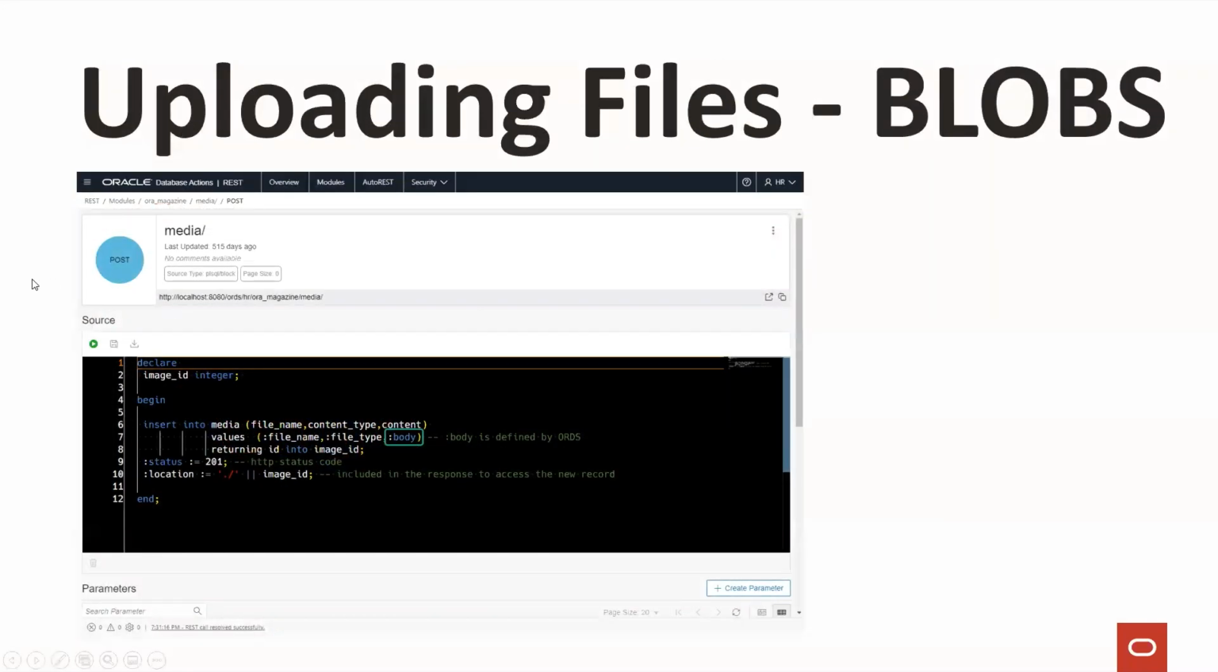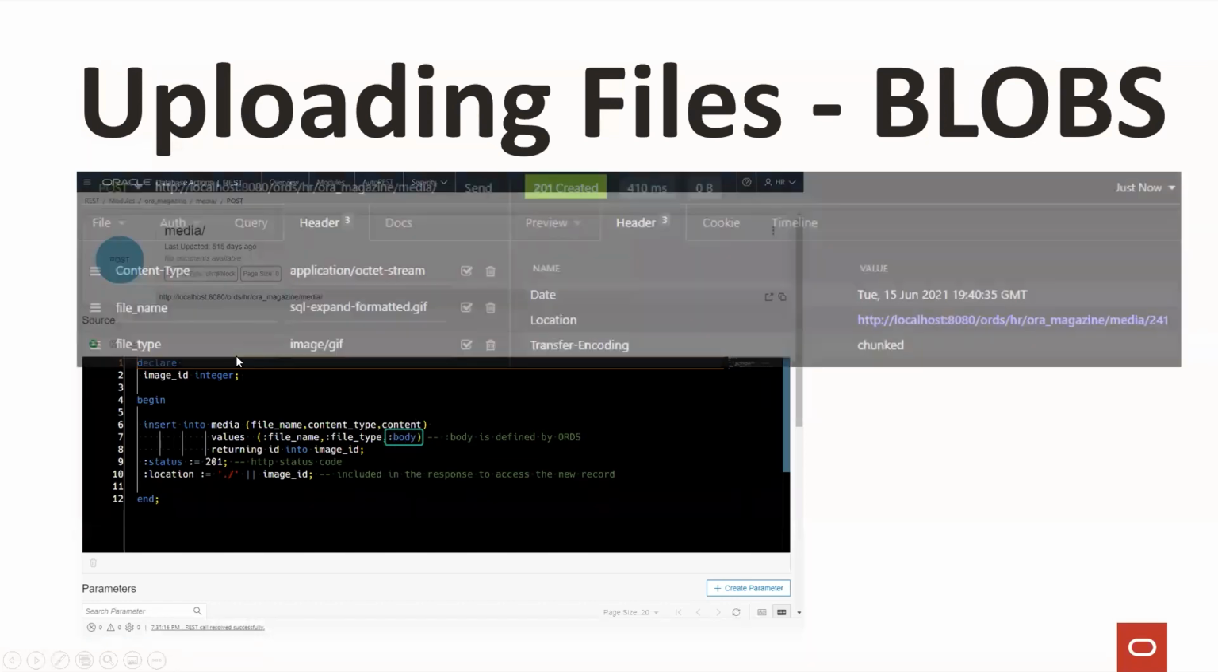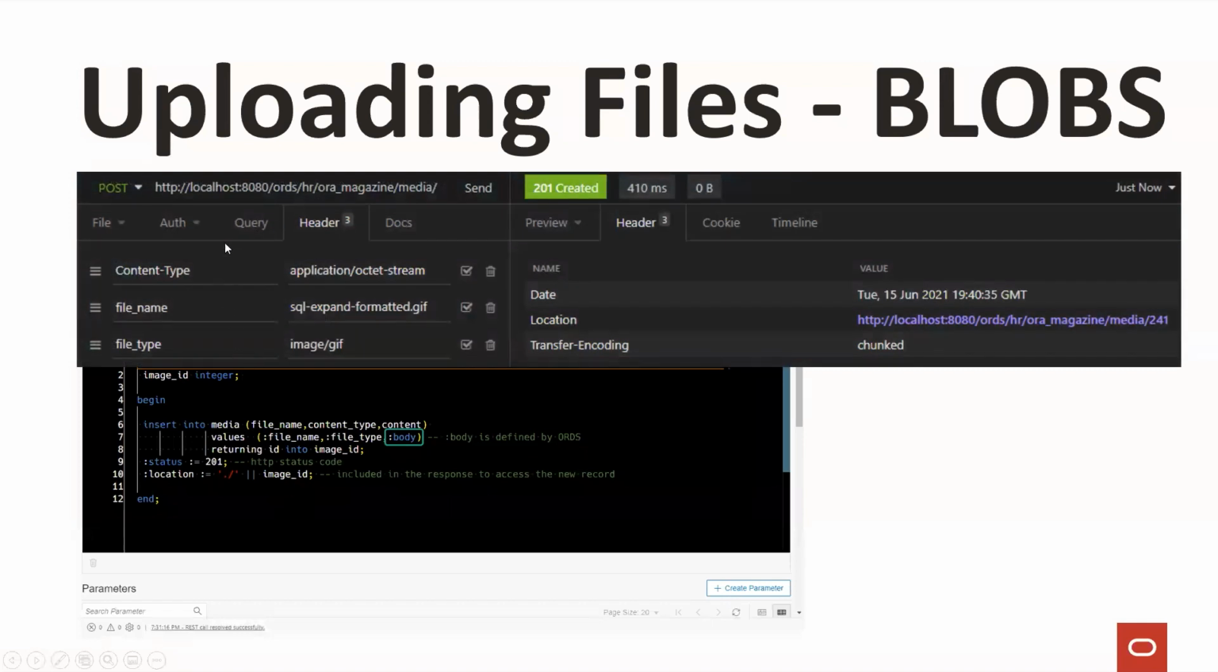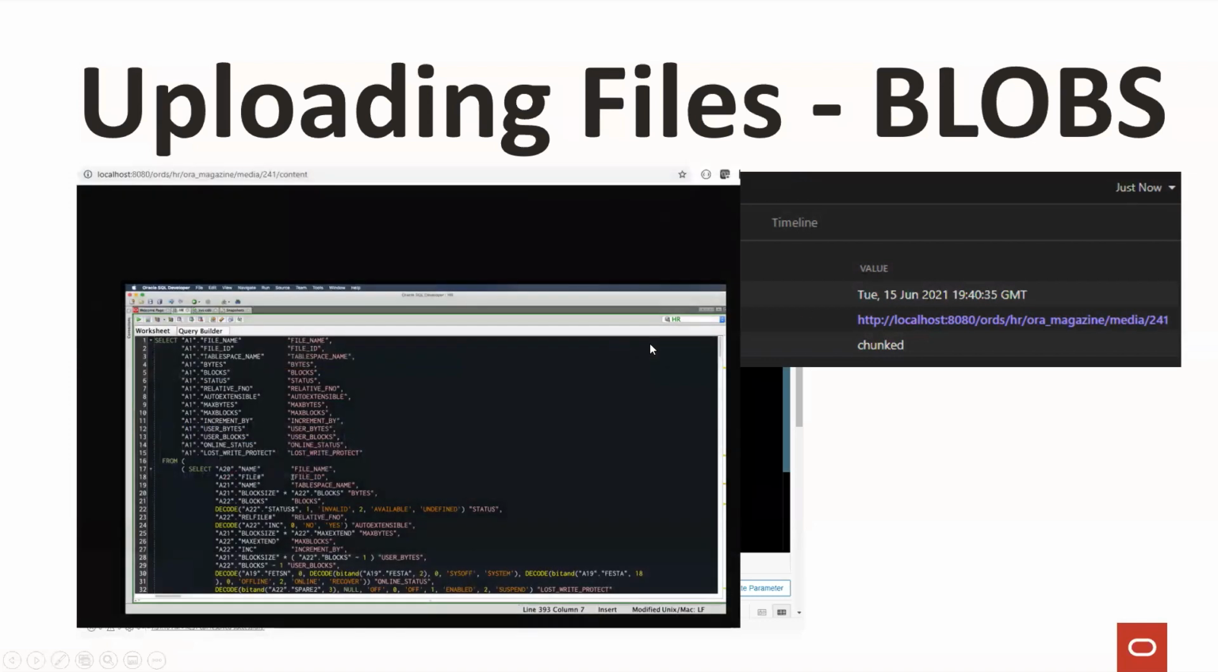Uploading files, also pretty simple. You can attach the contents of a file in your request body. And we have this parameter called body, and it makes it really easy for us to put things in the database. So when I upload this file, I'm telling the database what the file name and the MIME type is. I'm storing that in the table. It gets created. I set the status code, and I give you the location. Makes it easy for me to go get that thing I just added, which is a screenshot of SQL Developer